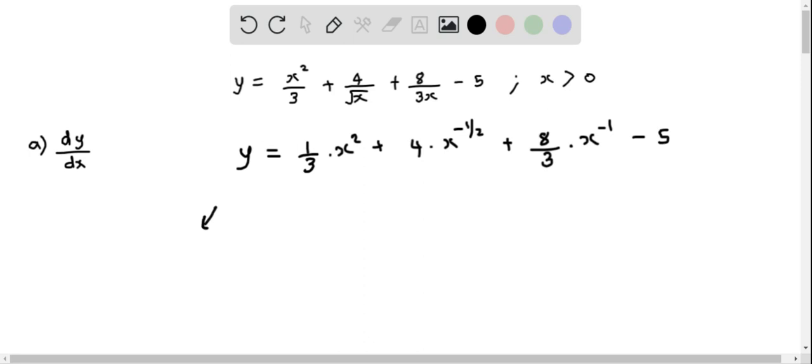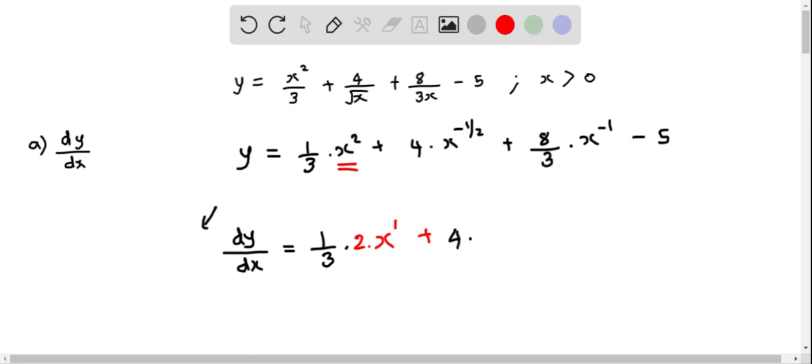So the derivative of y with respect to x is dy by dx, and this equals: we have the constant 1/3. We have to find the derivative of x raised to the power of 2, so you can use the power rule. When we do that, we put the power in front, so the 2 comes in front, and x raised to the power of 2 minus 1 is x to the power of 1. So I put this as 1, plus the next term is 4 times